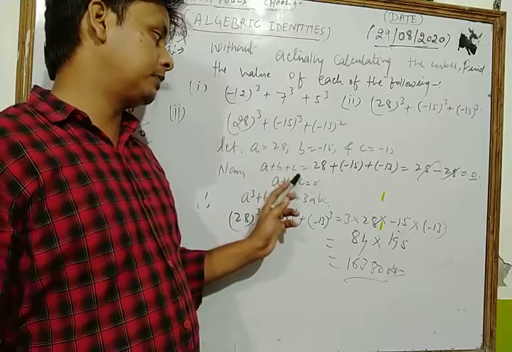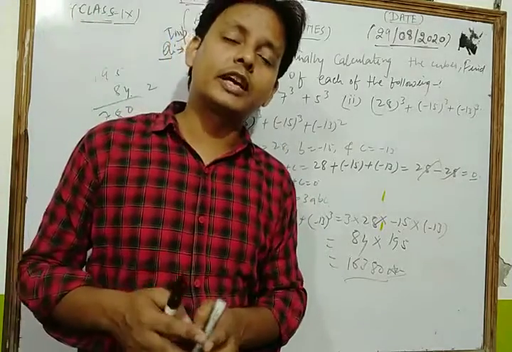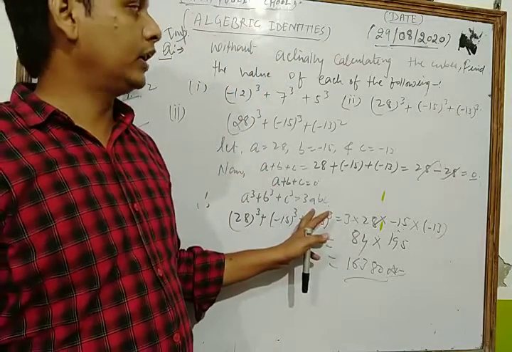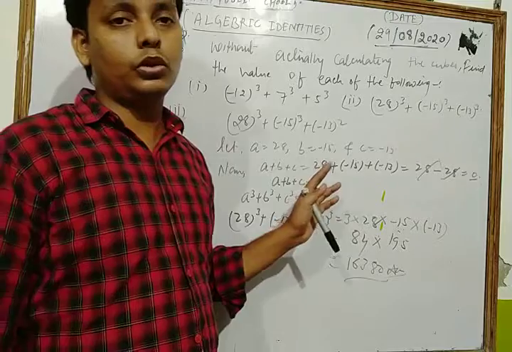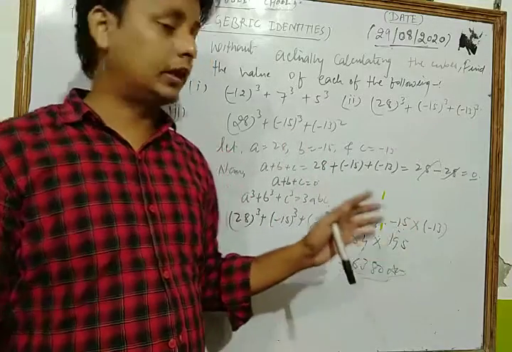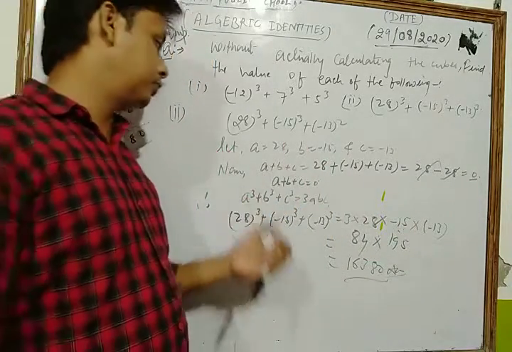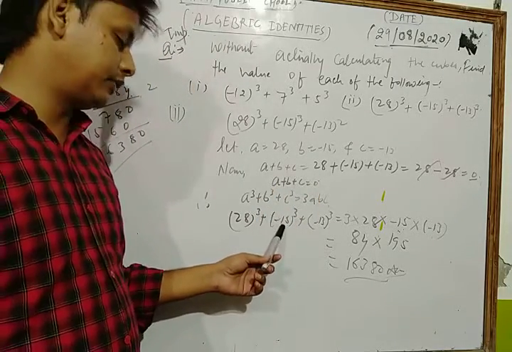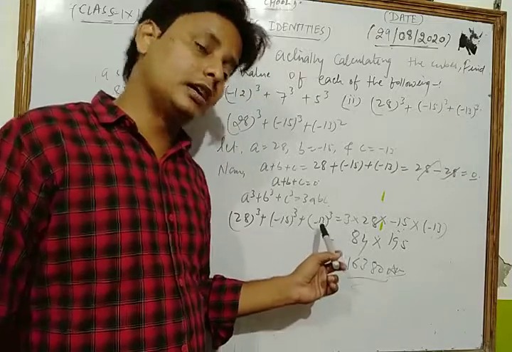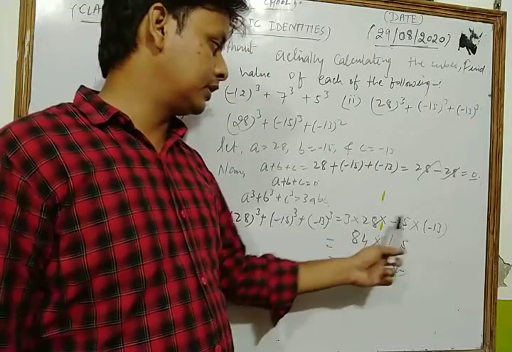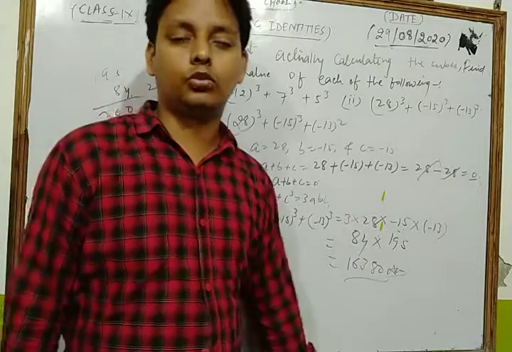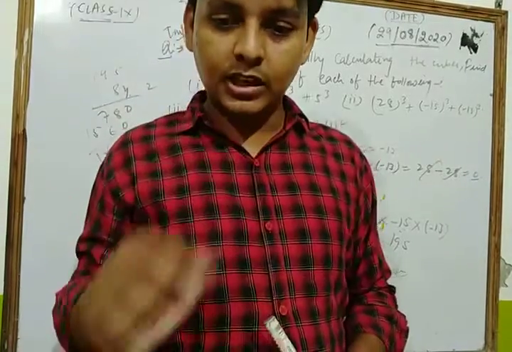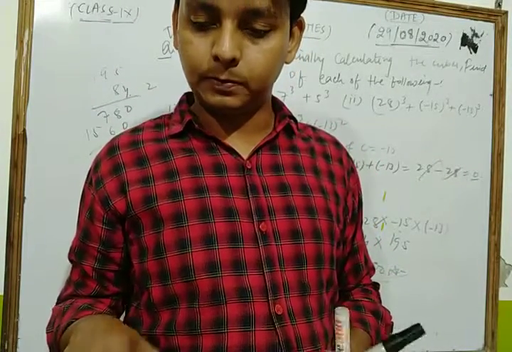If the value of a plus b plus c is equal to 0, then you have the relation a cube plus b cube plus c cube is equal to 3abc. So in that type of question you directly follow this formula. Now we put the values of a, b, c in this formula. We get minus 12 cube plus 7 cube plus 5 cube is equal to 3abc. After solving we get our result. So dear student, in this way you can solve each and every question of your NCERT exercise based on these topics.